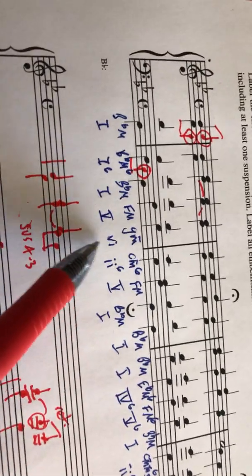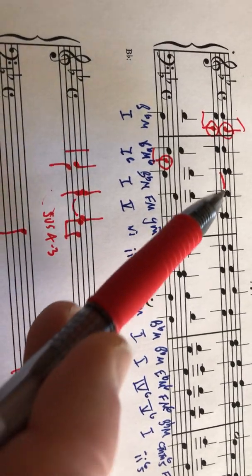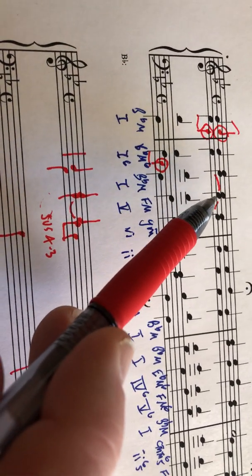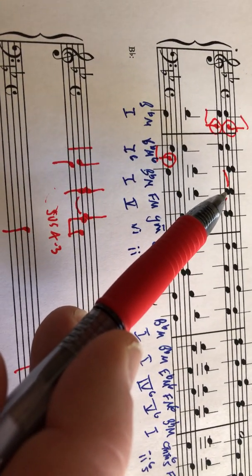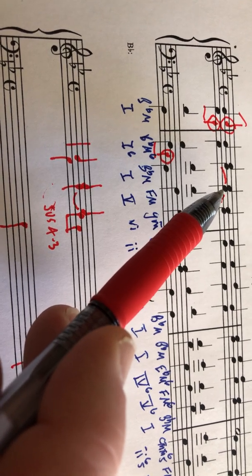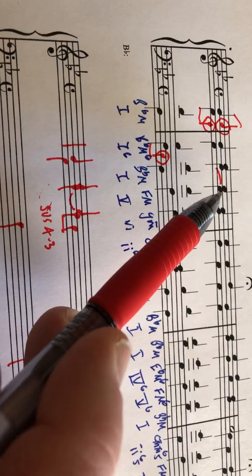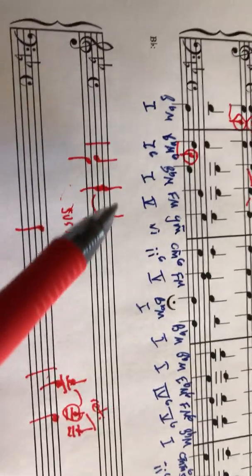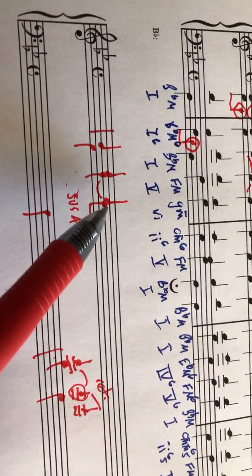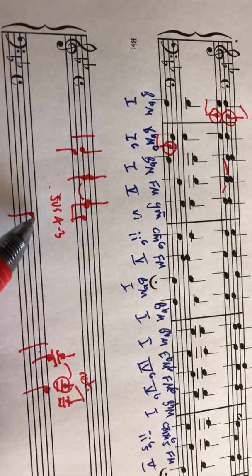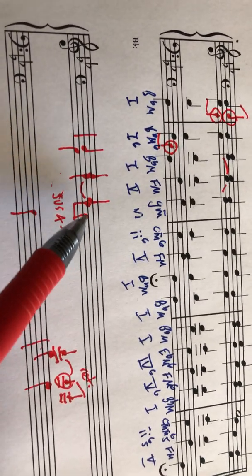So here's the suspension, just again to go through that. This B flat is moving down to an A. I like inner voices best for suspensions and retardations. So this B flat moves down to an A. I have the opportunity to do a suspension. It's called a suspension again because you're suspending or holding the pitch over a change in chord and then resolving